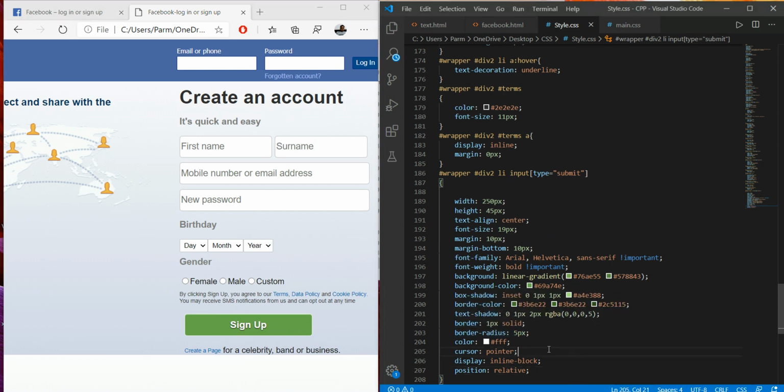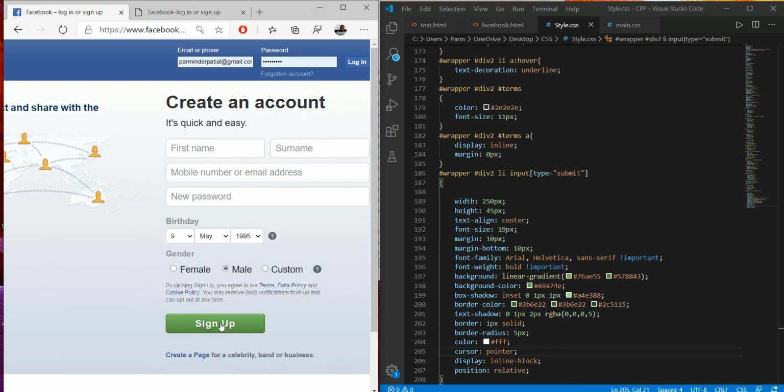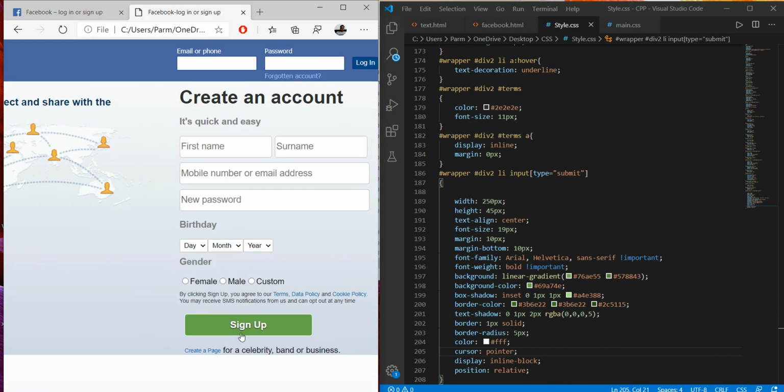So here we have designed sign up this. Now look at this. So this looks very similar to this. Okay, so we have done this. The sign up is there.